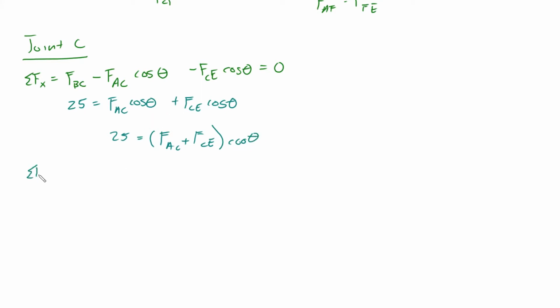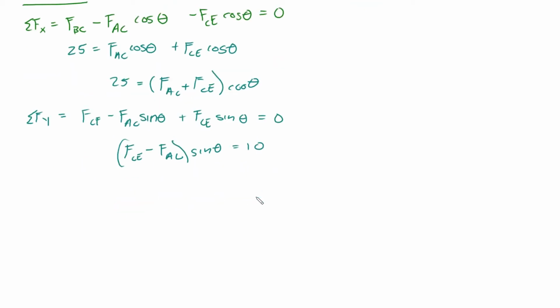So now we have the sum of the forces in the y direction, which is going to be FCF minus FAC sine of theta plus FCE sine of theta, which all equals 0. So now what we have is (FCE minus FAC) times the sine of theta, which equals 10. So by solving the system of equations right here, we can actually get FAC equaling 13.017 kilonewtons, and we also get FCE, which is equal to